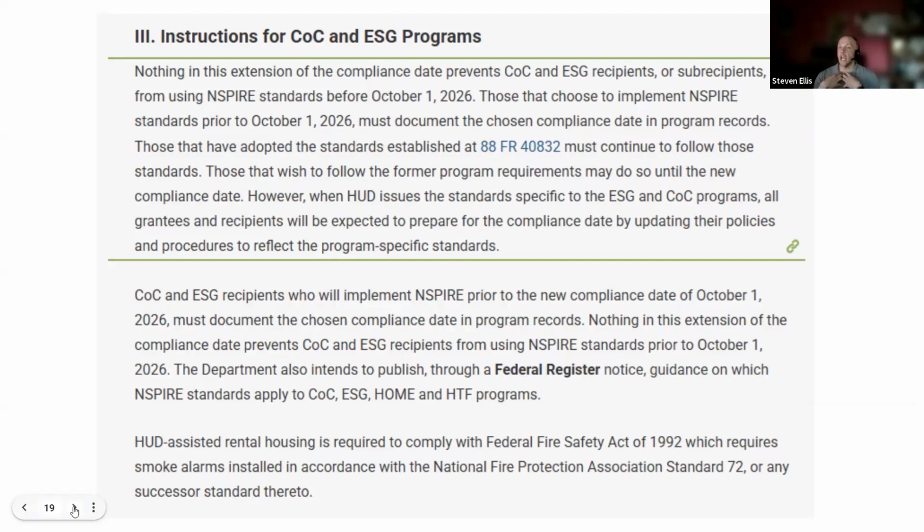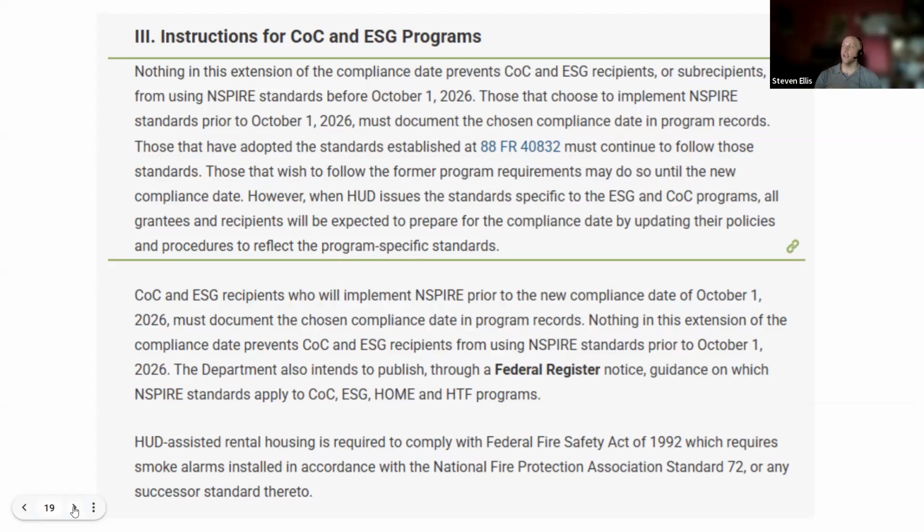So me as a TA provider, I also can't tell you what to do, but I will tell you there's no harm in continuing to do HQS until you are sure about what you have to do. So you don't continually change your program, continually change your program forms, put landlords through the ringer, put families through the ringer to just constantly have to keep changing it. So if you're not sure or uncomfortable, stick with what you're doing until HUD says you absolutely cannot. That way, whatever you change is a clear change and you know it's the right change.